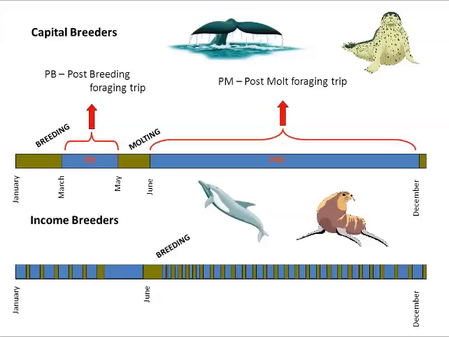But there are some other species that don't rely on building up great big reserves and depend on getting food all the way through the time they're raising their young. And that's species like sea lions and fur seals and most of the dolphins. So those are income breeders, and the ones that can build up their reserves over a long period are called capital breeders. So you can imagine that disturbance to an income breeder during the breeding season is going to have a much bigger impact than disturbance to a capital breeder outside the breeding season, because those animals can always make up the lost time by feeding more intensively at other times of year. Next slide, please, Anna.